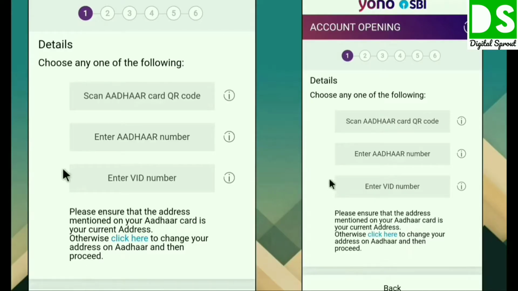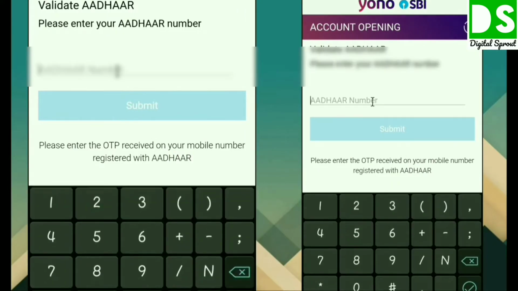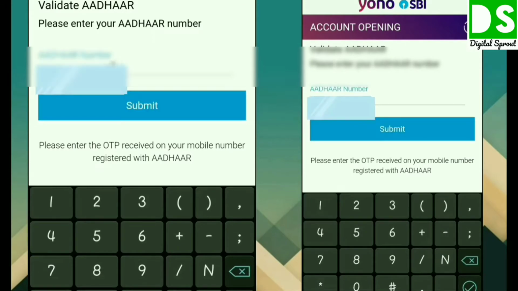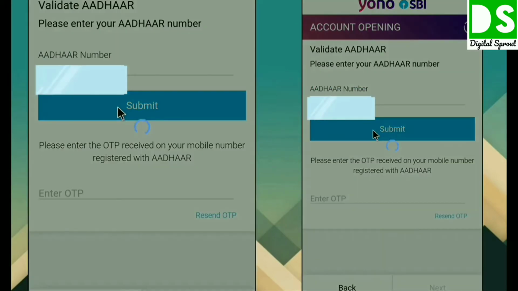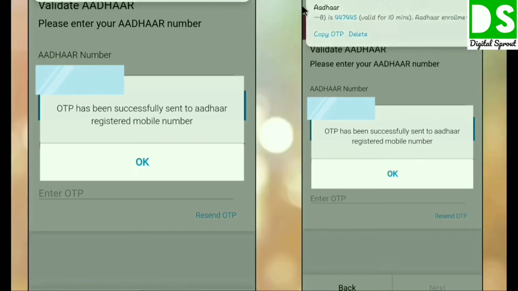So now details, choose any one of the following: scan Aadhaar card, Aadhaar QR code, enter Aadhaar number, enter VID number. So I will choose enter Aadhaar number. So now put the Aadhaar number, then click on submit. One OTP will come, copy the OTP.